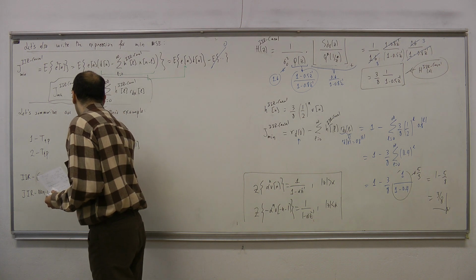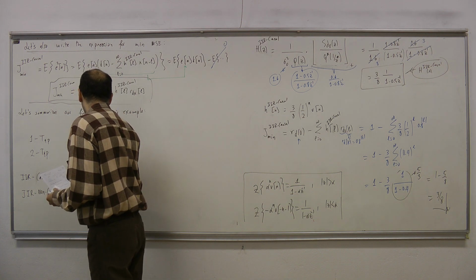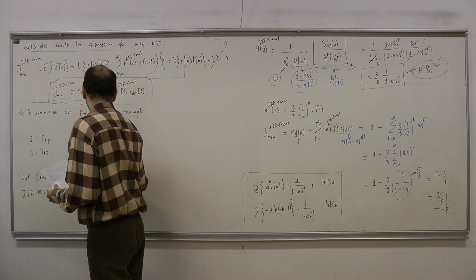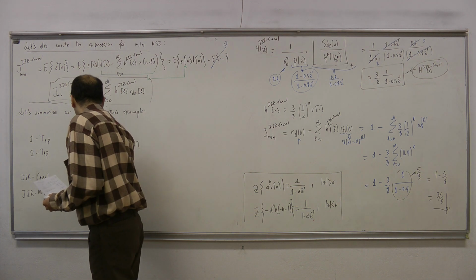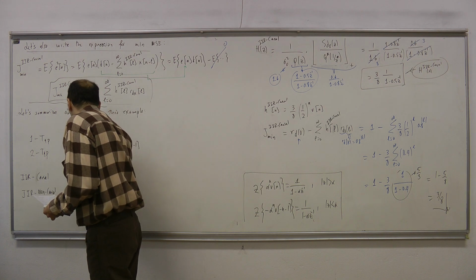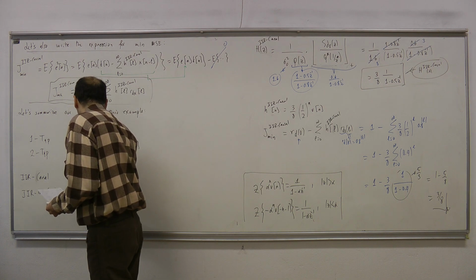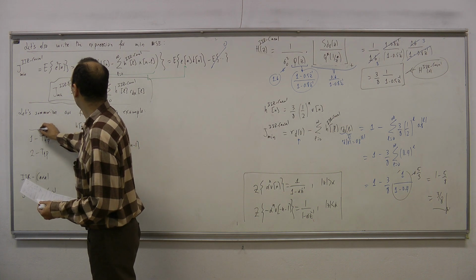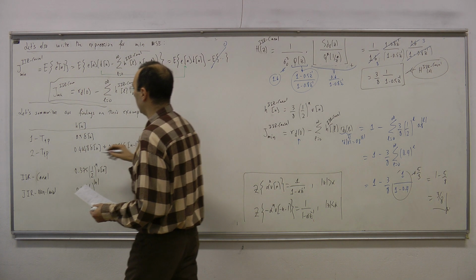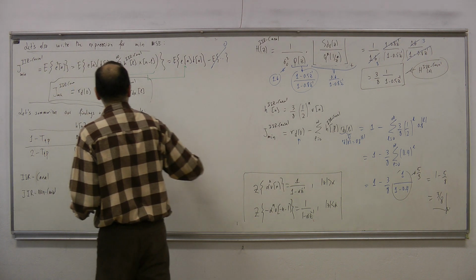So this is (1/2)^n u[n]. And this one is 0.3 (1/2)^|n|. Okay. So if I have a table like this,